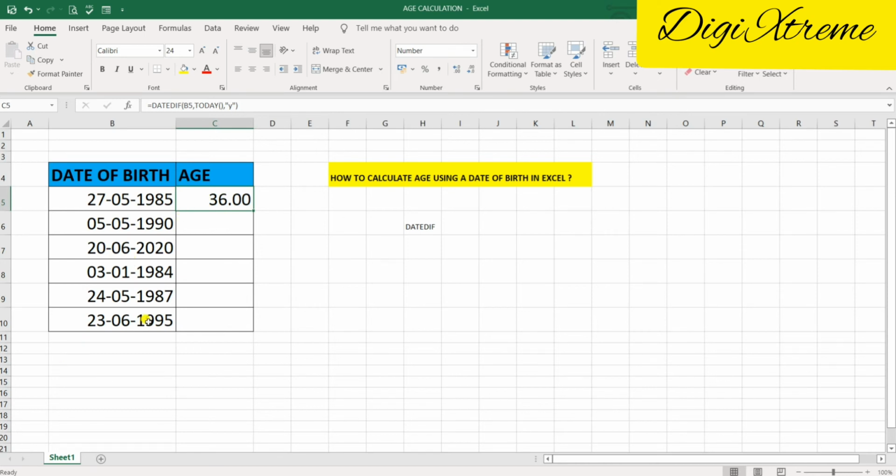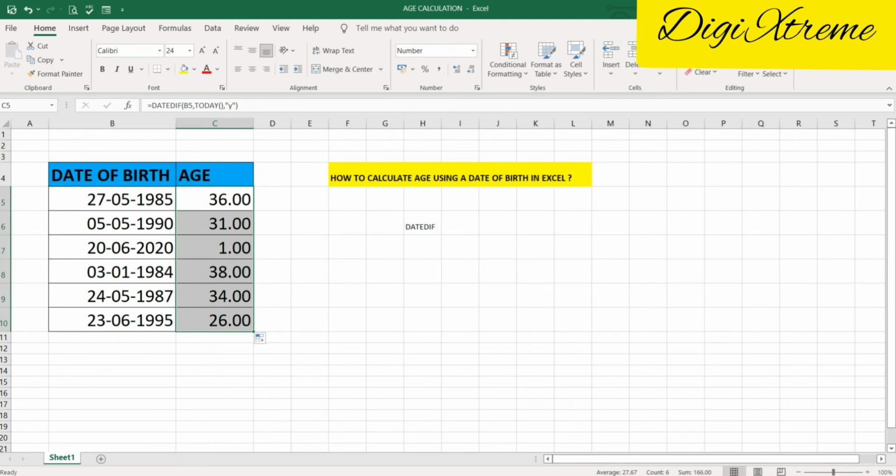Now what do we need to do to get the result for the rest? Just click over this, and when you can see this sign, just double click. Now you can see we have got the details: 1 year, 31 years and 38 years. So this is how we can calculate age.